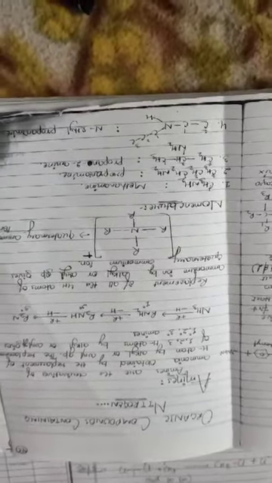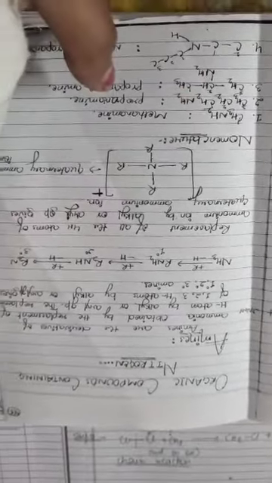So first of all we should know the meaning of amines. Amines are the derivatives of ammonia obtained by the replacement of hydrogen atoms by alkyl or aryl groups. Both groups are present, alkyl and aryl. The replacement of one, two or three hydrogen atoms by alkyl or aryl gives primary, secondary and tertiary amines, and that will change with the alkyl or aryl group. See the reaction here: NH3 gives RNH2, where R means an alkyl group, then R2NH and R3N. So first of all primary amine, secondary amine and tertiary amine will come.